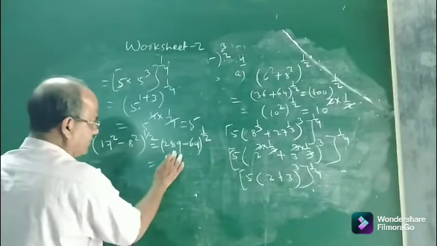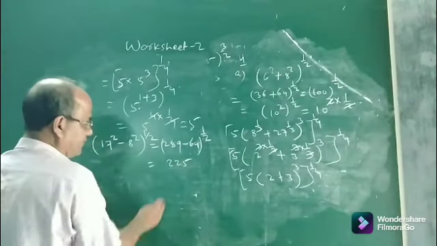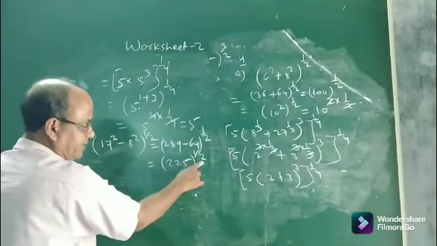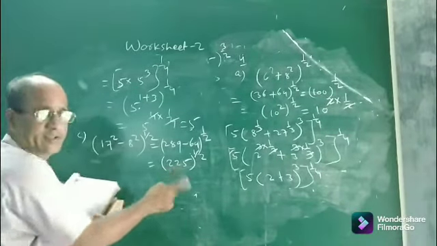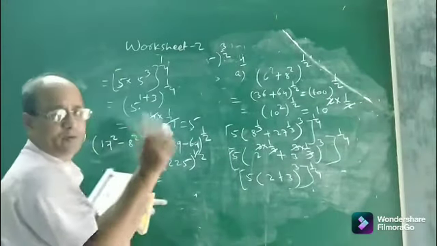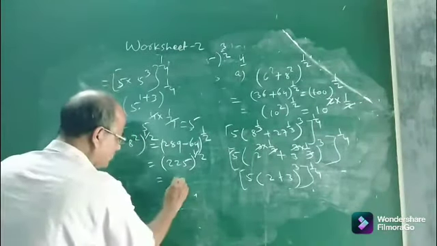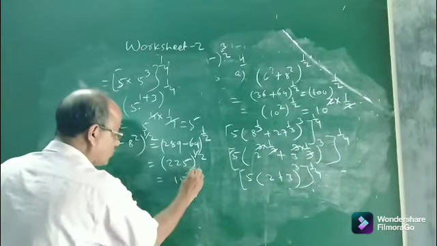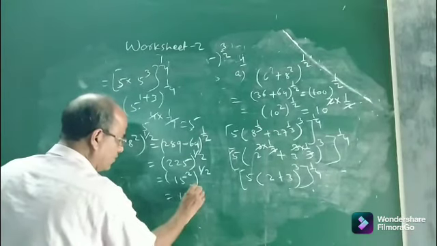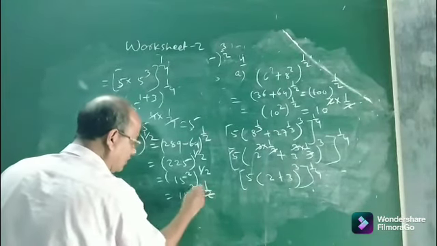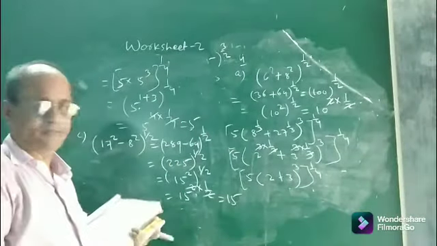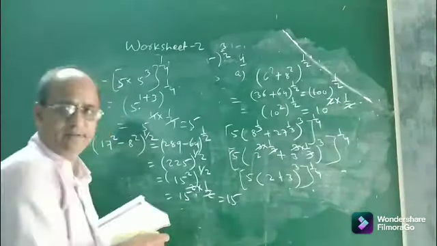Now 289 minus 64, it will be 225. 225 to the power 1 by 2. Now as the denominator is 2, you express it as an exponential term whose power is 2. It is 15 square. 15 into 15 is 225. So 15 square whole to the power 1 by 2. So this is 15 to the power 2 into 1 by 2. 2 cancel. So the answer will be 15. So this is the evaluated value.